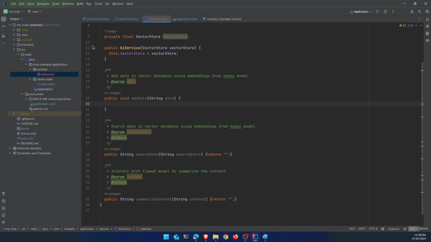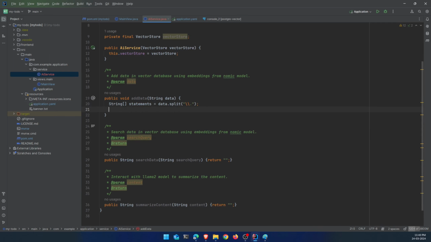So what we can do is create a simple splitter. We can just say split the content based on the dot. So every time a dot is observed, that will be treated as one statement, and then we are going to store that statement as a document in our vector database. Okay, so we say string statements, right? And then we say string